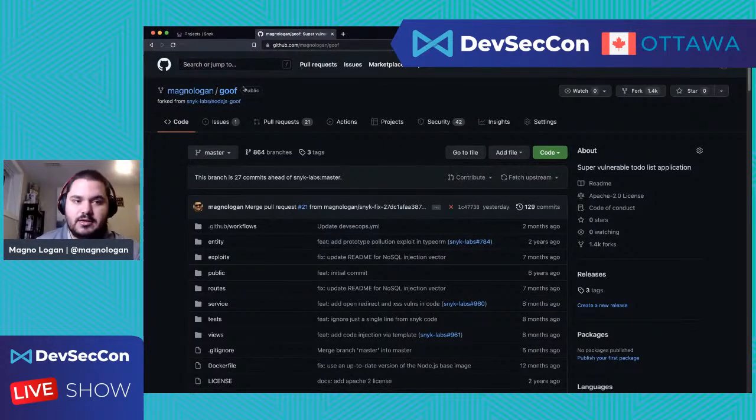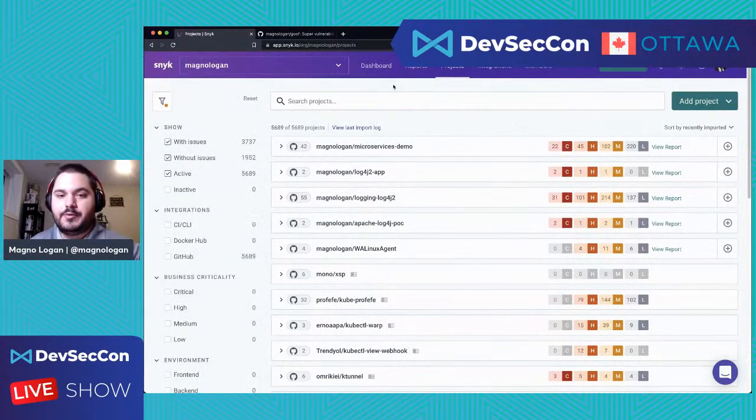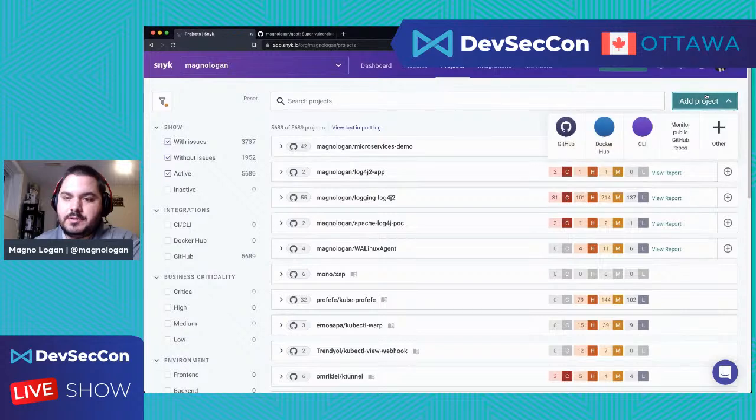As I mentioned, as I'm logged into Snyk already, it's already able to see my projects from GitHub, and we're going to see how we can do that on the platform itself. I can cover some of the interface later, but let's start adding a project here. There is this button here, add project, and I can choose different projects to add.